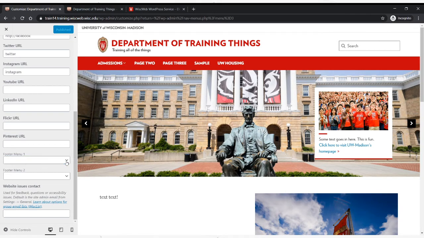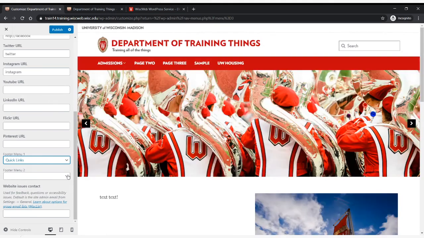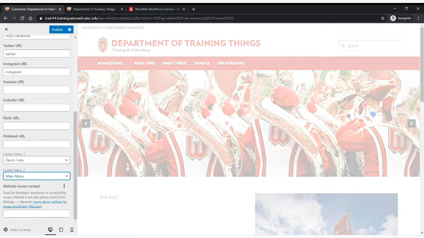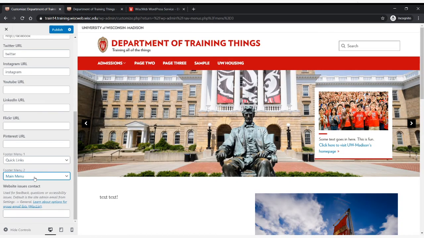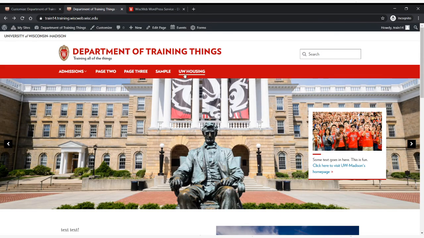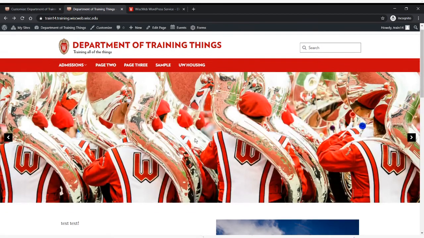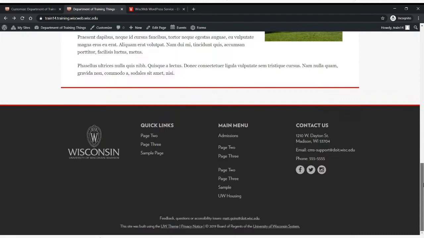And if you remember in the first training video, there was no option here for us to click on this drop down. But now that we have created a couple menus, we do get the option here for these. So I'm going to click on the quick links one right there. I'll also put the main menu in the footer just to kind of point something out in regards to consistency there. So I will click on publish now. I have added my two menus and put them down there. I will publish. Click back on over to here and click on here to refresh, and I will scroll down,